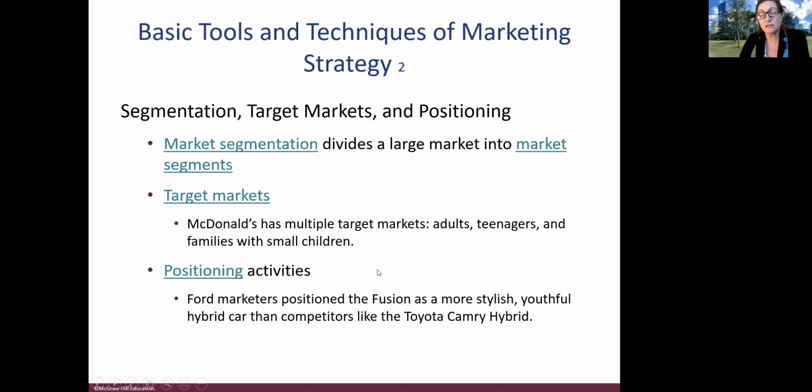Positioning is an extremely important tool and technique in marketing. And what is positioning? Positioning is all about where your product sits in the consumer's mind. What Ford did when they launched their Ford Fusion is they deliberately positioned the Ford Fusion as a stylish, youthful hybrid car. And this specific positioning enabled them to effectively compete against the older, traditional Toyota Camry, which had released